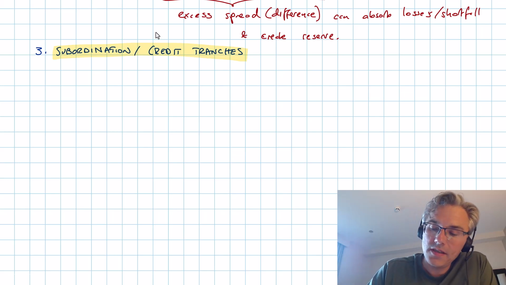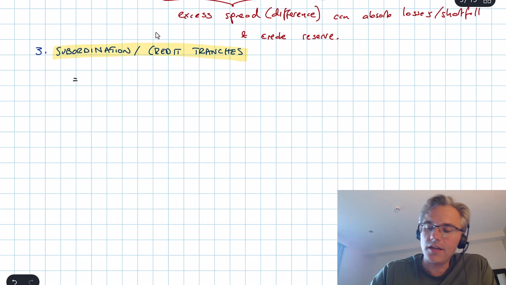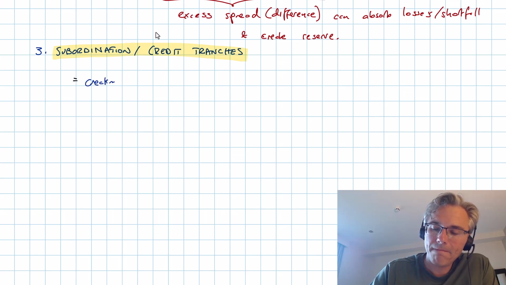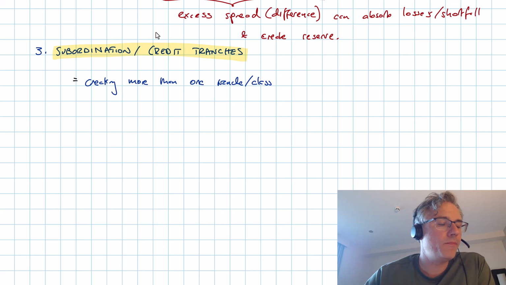Okay, so this is something I've talked about already, creating more than one tranche or more than one class of bonds,